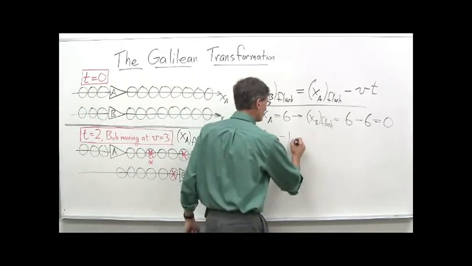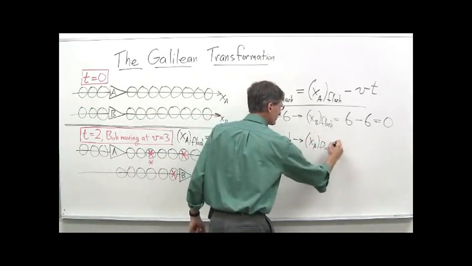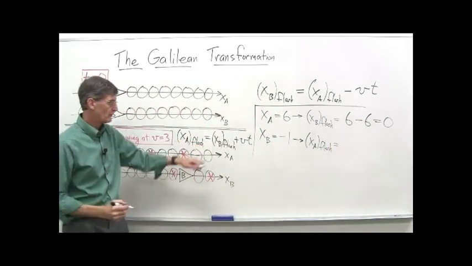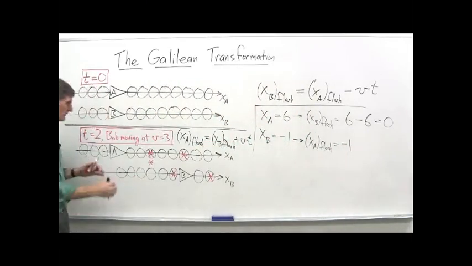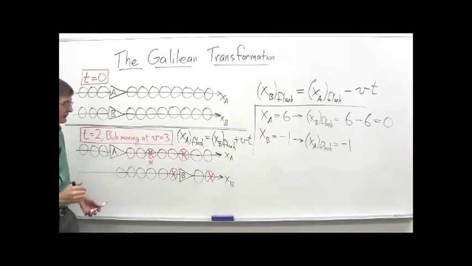So we say that XA of the flash is, here's the equation, Bob's coordinate that he observed, which is -1, we're told. -1 plus VT, again, VT being 3 meters per second times 2 seconds. Again, if we were doing this at different times, we'd have a different time here. If we were doing it at 5.5 seconds, then it'd be 5.5 here. Velocity would still stay the same for our example. Obviously, you can change the velocity as well for different examples, but we're doing t equals 2 seconds, velocity 3,